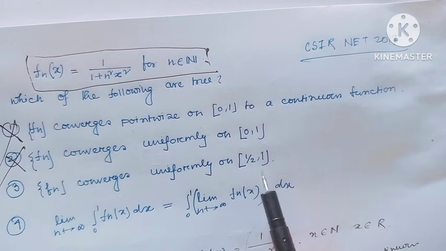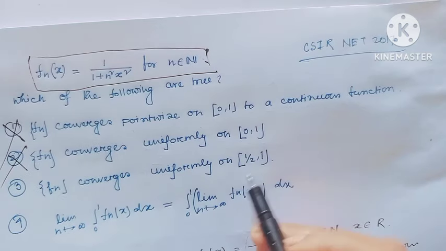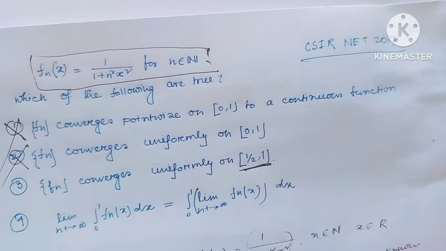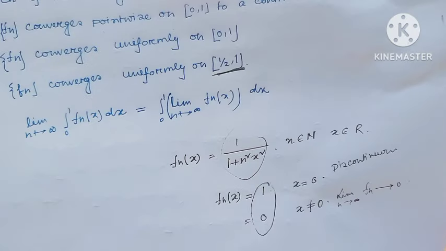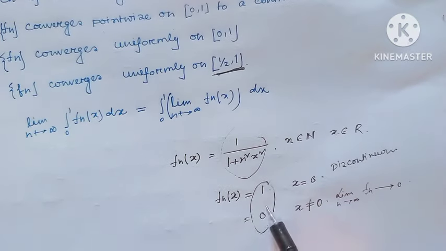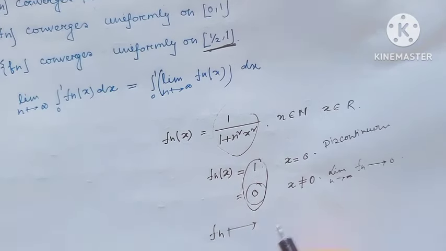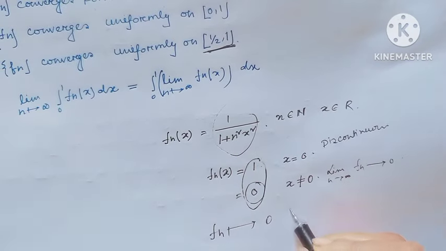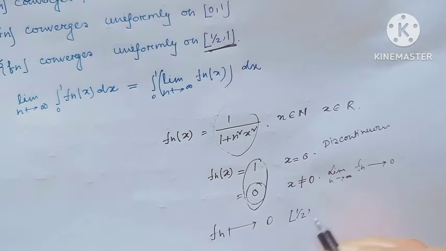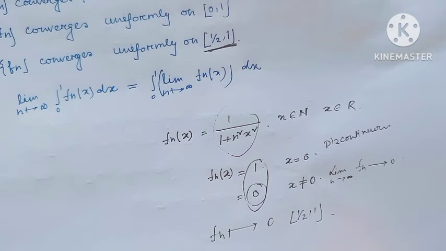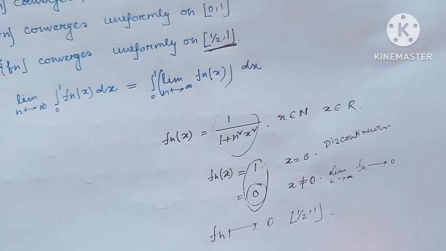Next, Fn converges uniformly on the closed interval half to 1. Notice in the interval half to 1, Fn converges to 0 when x belongs to half to 1. That means Fn converges to a continuous function. Okay. Now we have to prove whether this convergence is uniform. For this,